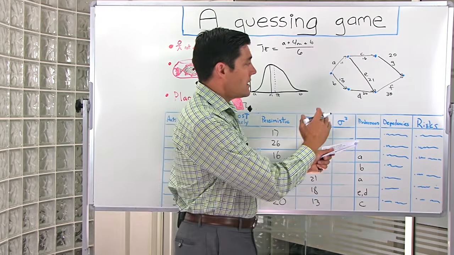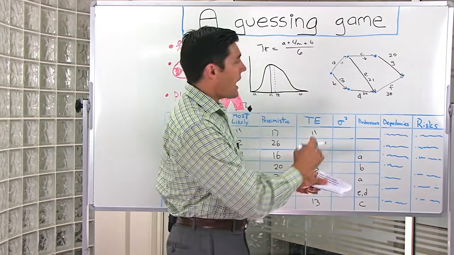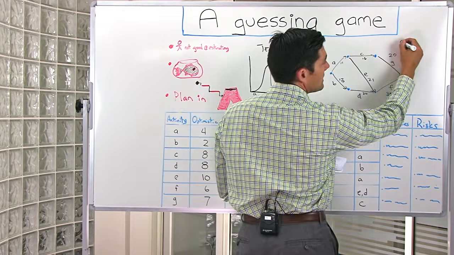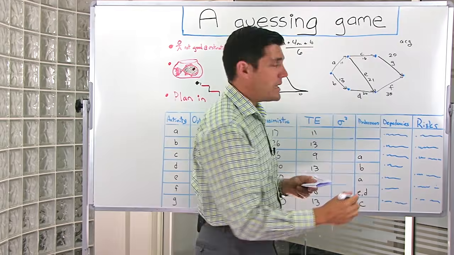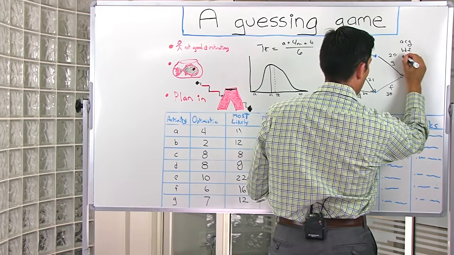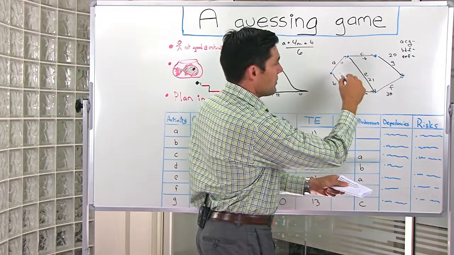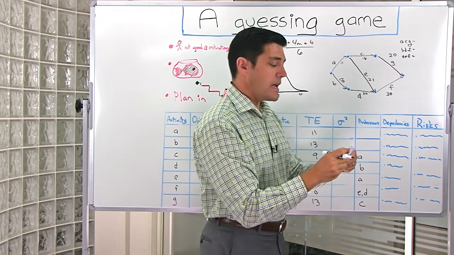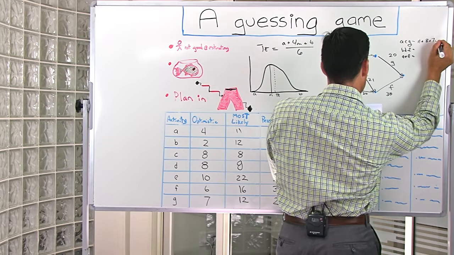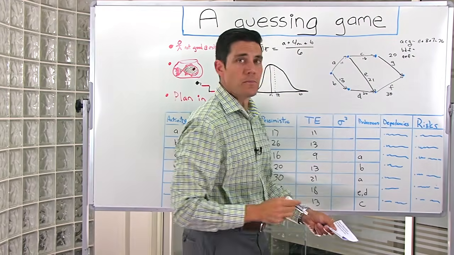Once I fill in the different durations for each of those activities, I can then calculate the critical path through this diagram. I can see that there's 3 paths to get from starting point to end point. First off, I've got ACG path. Next, I've got the BDF path. And lastly, I got the AEF path. If I add up all the durations for those tasks, I get a summation such as this. 11 plus 8 plus 7 equals 26. So that's 26 days to get from A, C, and G to that last milestone.